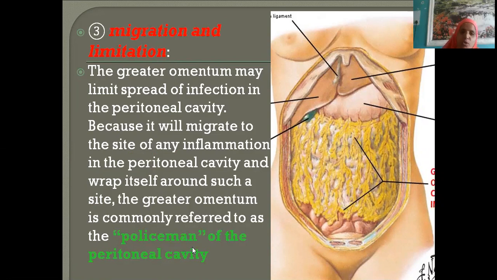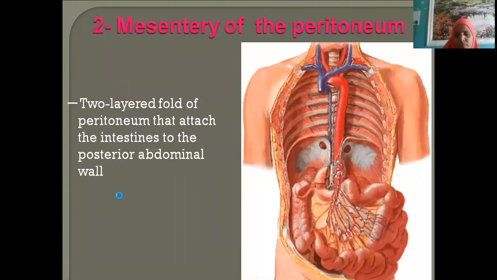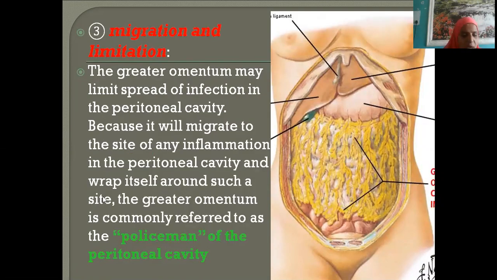So mesentery I will continue tomorrow. Okay, beta? That is there in peritoneum. So all of you write about peritoneum, greater omentum, lesser omentum, functions of peritoneum. All these I want you to write. And most of you are not submitting your answers. Everybody, you submit your answers also, please.